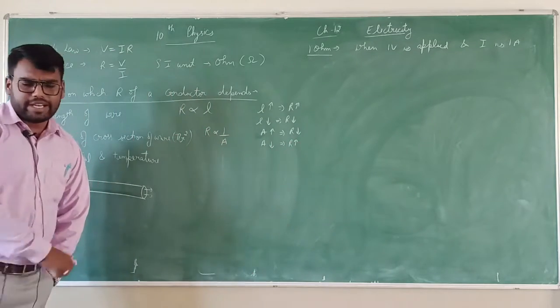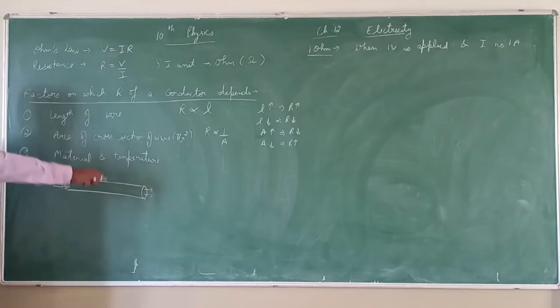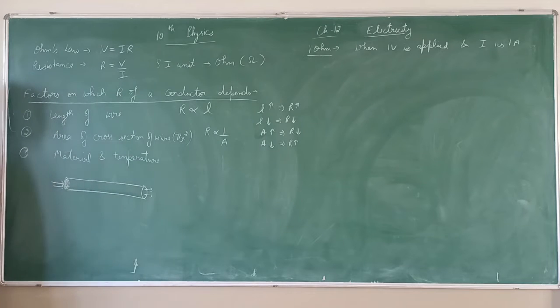These are direct 1 mark questions. We have 2 wires: one wire is of 1 kilometer, the second wire is of 2 kilometer. Both have the same area. Which wire has high resistance? You will go for the 2 kilometer wire, because the more the length, the more the resistance. Similarly, we have 2 wires of the same material and same length. One wire is thicker, the other is thinner. Which one has high resistance? The thin wire has high resistance.